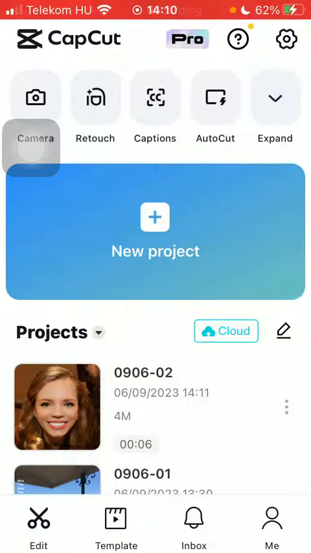Hello guys, in this video I'm going to show you how to make your eyes bigger on the CapCut application,